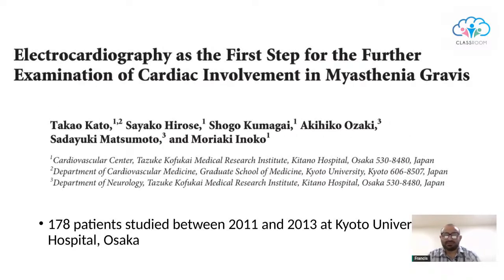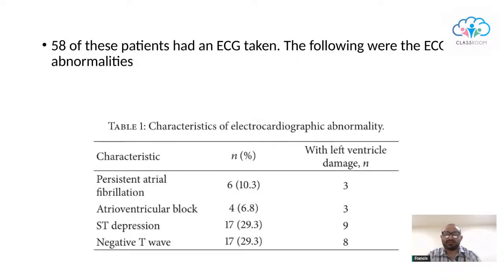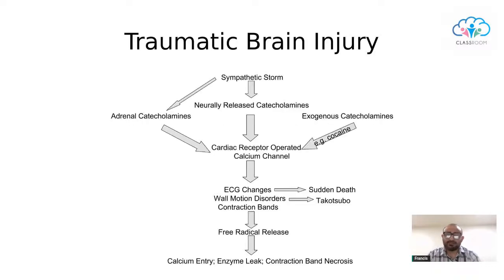This was a slightly old study conducted in Japan, Kyoto University, between 2011 and 2013, studying 178 patients with myasthenia gravis. 58 of these patients had an ECG taken, and these patients had repolarization abnormalities, AV blocks, and some had AF as well. Echoes were also done in all these patients, and a significant amount of them had echocardiographic changes as well. In traumatic brain injury,